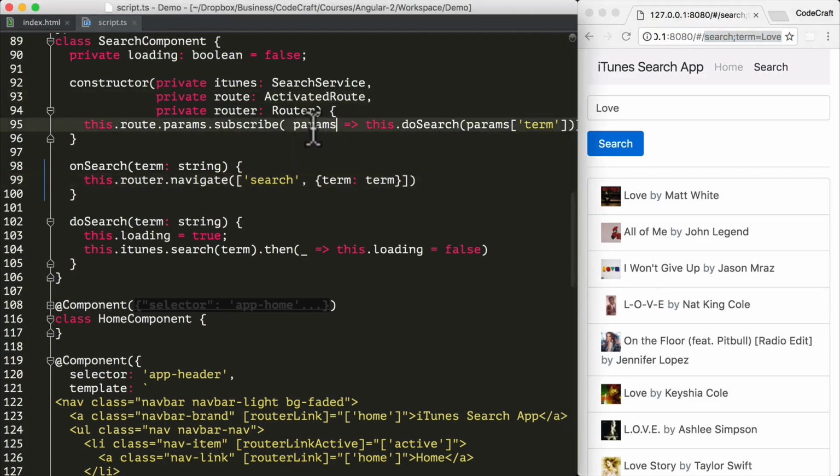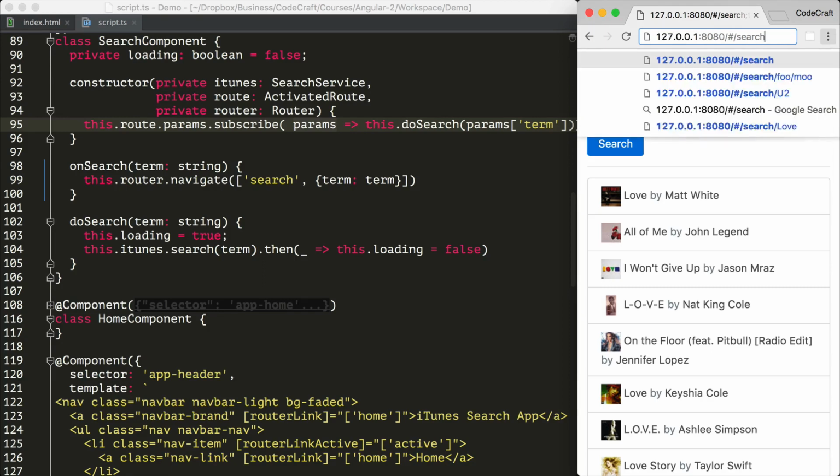So the parameters being passed to activated root, or being emitted on the observable of activated root, still contain the parameters in the URL. Okay, that's perfectly fine, but now the term parameter is actually optional. And since it's optional, it sometimes can be blank. So if we actually just provide no term,